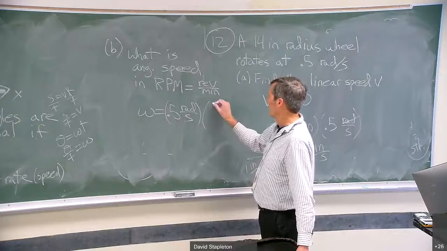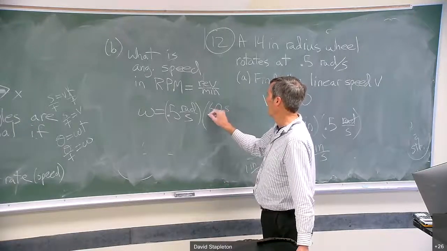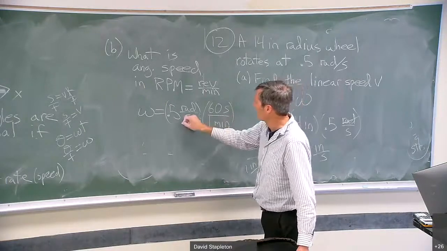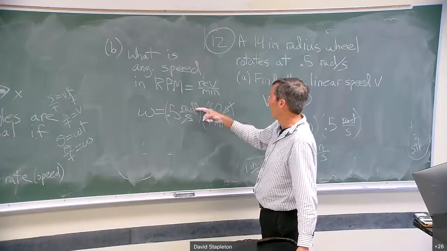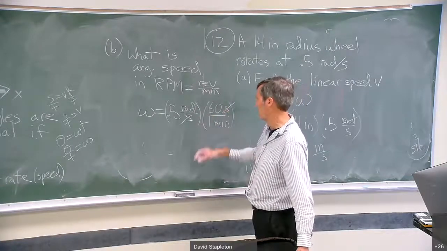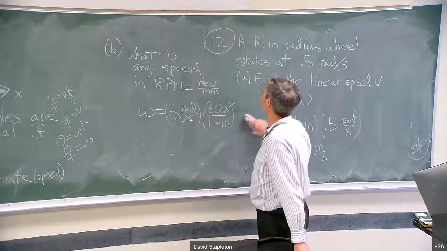Well, you can write 60 seconds per every 1 minute, right? This is multiplying by 1. Now the seconds cancel, and now I have radians per minute if I leave it right here. But I don't want radians per minute, I want revolutions per minute. So how do I convert revolutions